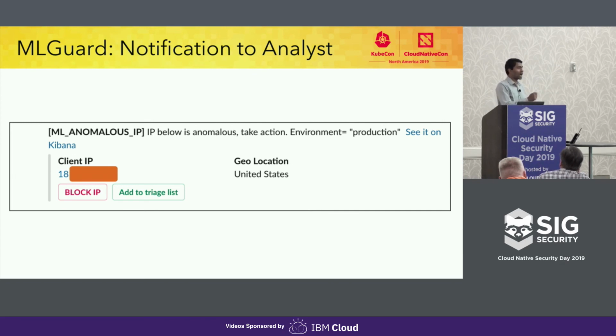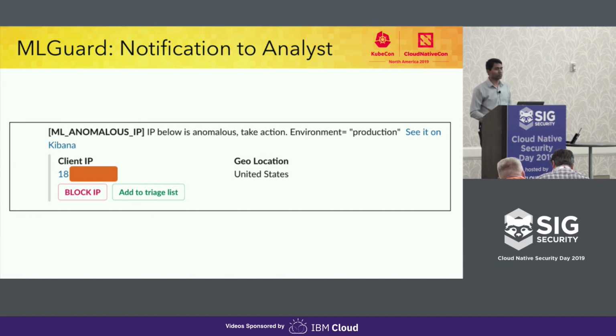But we also add the IP's reputation along with it. So if you click on that IP, it can take you to the reputation website to show you whether this IP is part of a blacklist, part of email spoofing, is from China, is from Russia. You can know all those things. And we also have a geolocation, but geolocations are changing sometimes, so you have to keep updating your geo IP database.